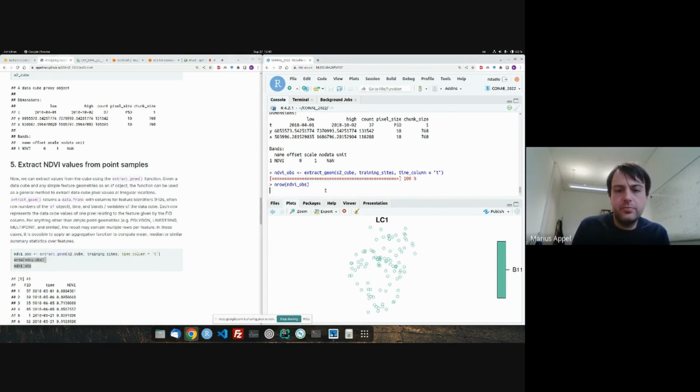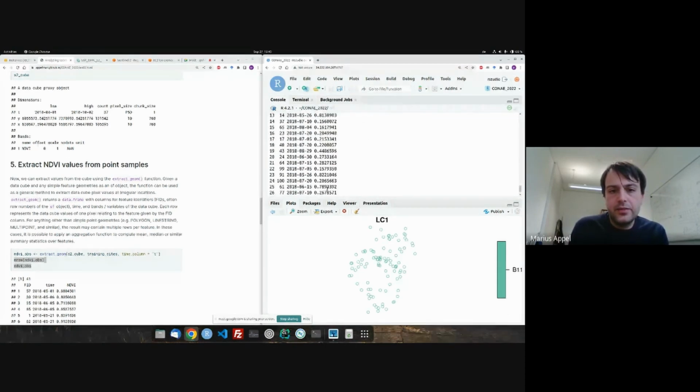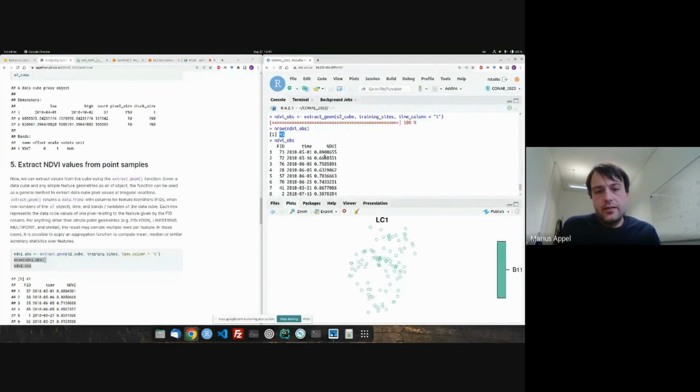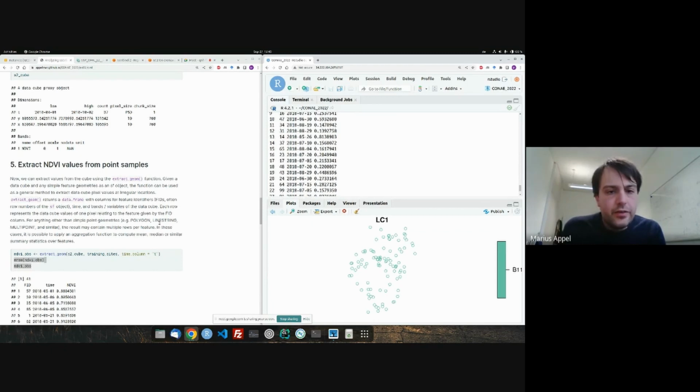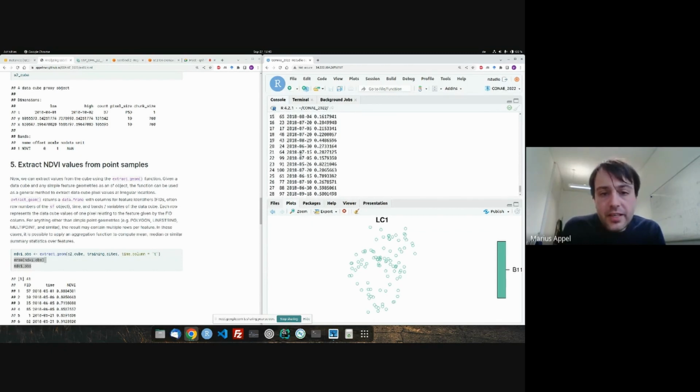So let's find out what the result is. The result has 41 observations, because there were quite a few observations where there was only an image with clouds or so. So the result doesn't contain any NA measurements of the NDVI value. Maybe there was no image available, or there were just clouds. So we end up with only 41 observations with NDVI, and then of course the result is a data